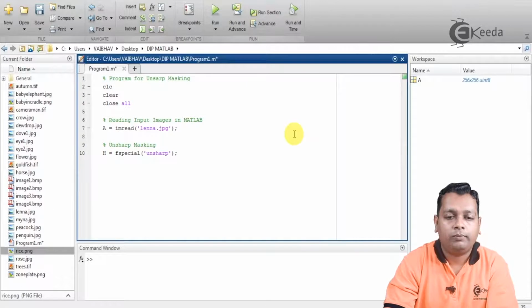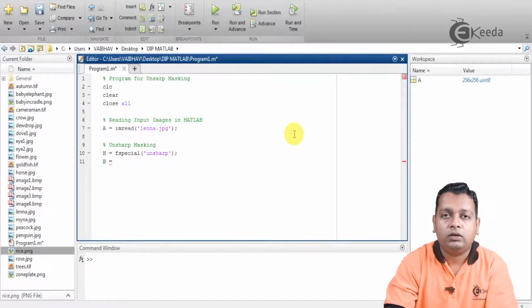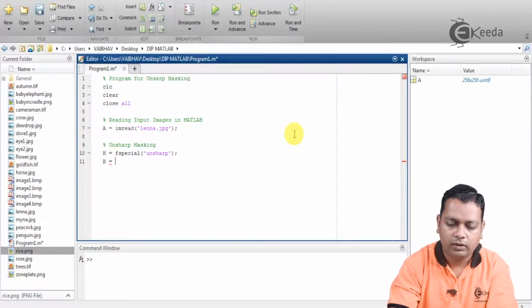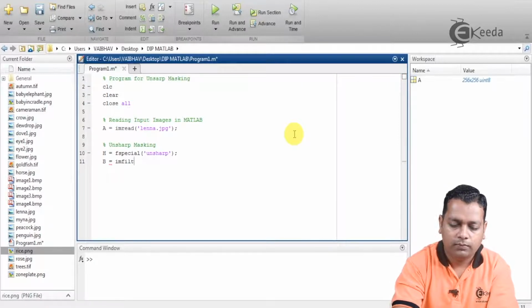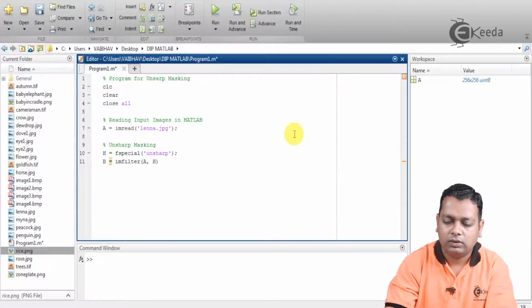So here the operator is ready, with the variable name H. Now we can have the filtering process, and the output result we wish to hold with the variable name B. To B I assign imfilter, and to this function I provide the input image A and the unsharp masking tool, that is H. I terminate the sentence with a semicolon.